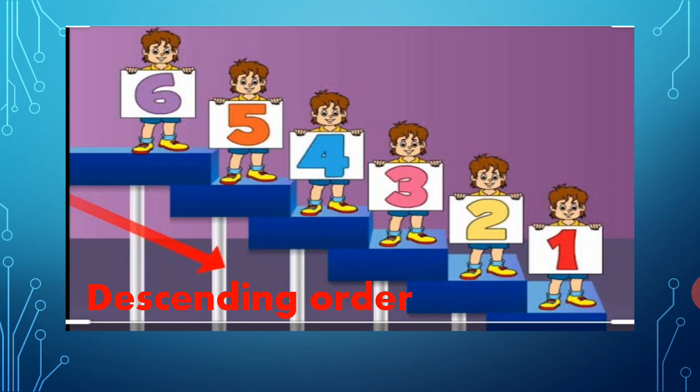As you all can see over here, there are some students standing. On the top there is the number 6 student. After 6 comes 7, that is in ascending order. But now in descending order, 6, before 6 is 5, before 5 is 4, then 3, then before 3 comes 2 and then 1. So students, this is decreasing order. From top to bottom we come, and in ascending order we go from bottom to up. Is it clear to you all?